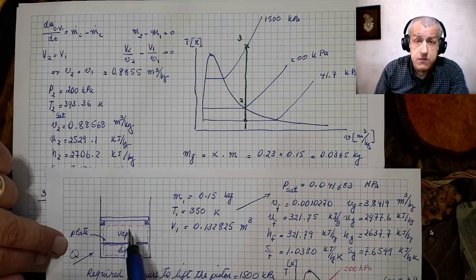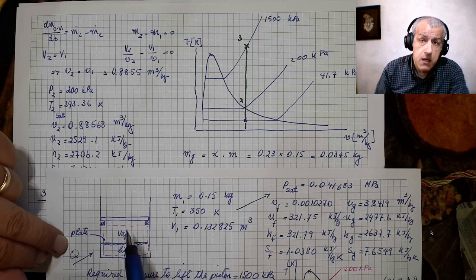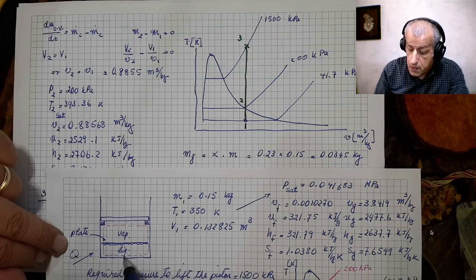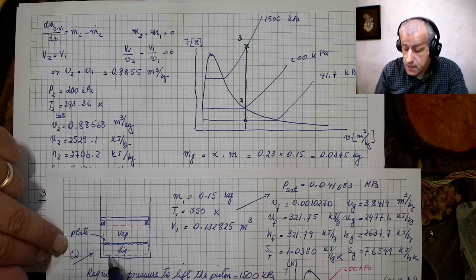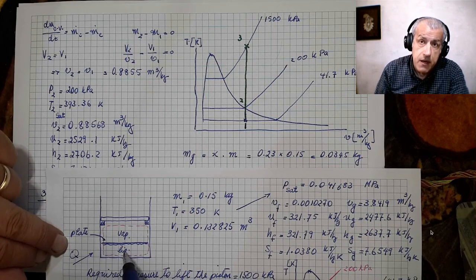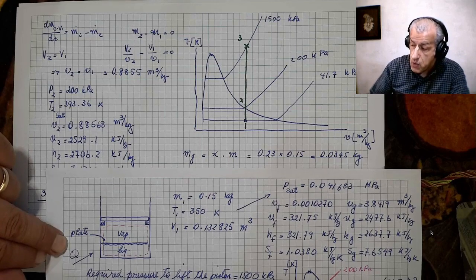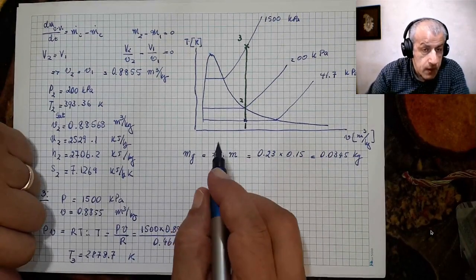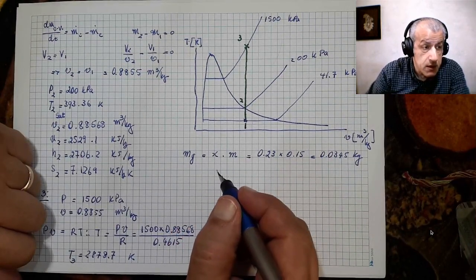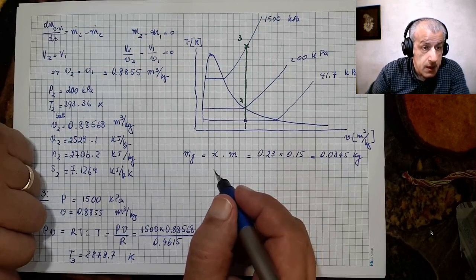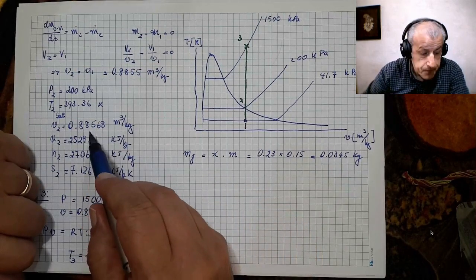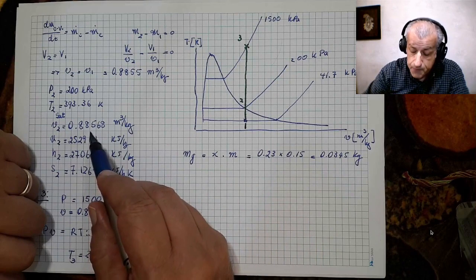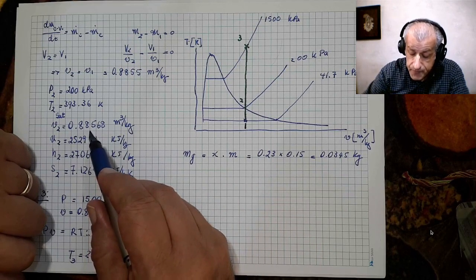Generally, this piston won't move from the beginning to the end, and therefore the total volume would remain constant, but when liquid vaporizes, there would be more space that it would require and it would occupy. So, at the end of the story, at condition 2, this is the vapor